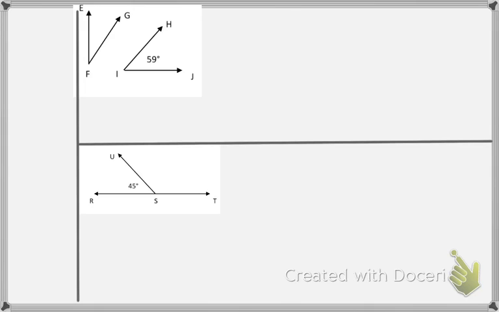So for this one, they are separated, but if I put them together, they would make a 90-degree angle, right? If I put them like this, they would make a 90-degree angle. So since they're 90 degrees, it's going to be complementary. Right, and that's 90 degrees,